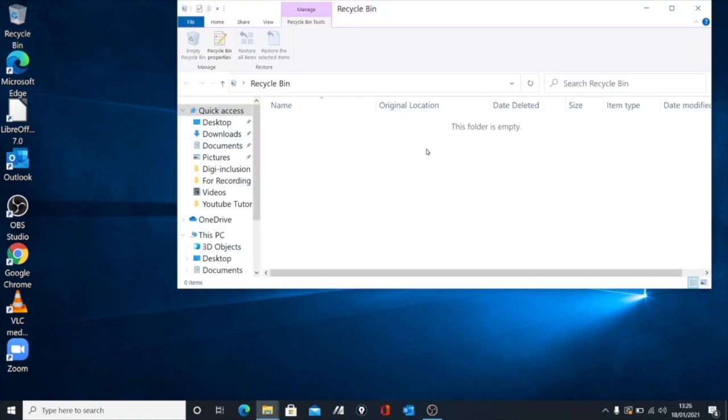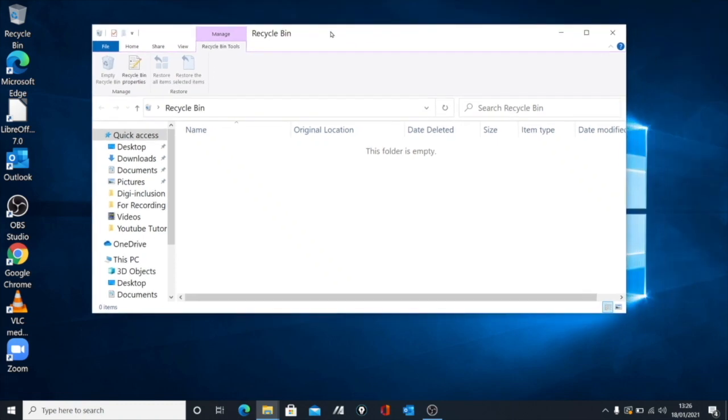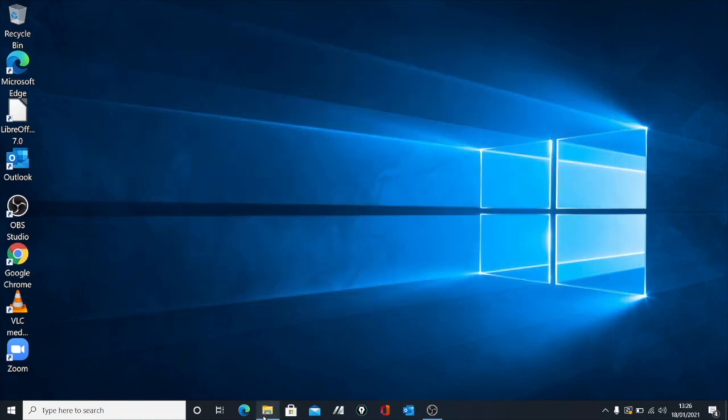Now for me, it says here that this folder is empty, and that's because I haven't deleted anything recently, so there's nothing in there. Think of it like a literal waste basket. Every now and then it gets emptied. I think every 30 days for me, it gets emptied, and that means that anything in there will be permanently deleted. That's why it's important to know about this, because if you make a mistake and delete something, you can recover it. I'll show you how to do that now with a worked example.